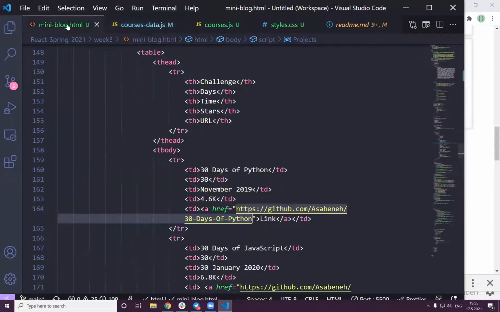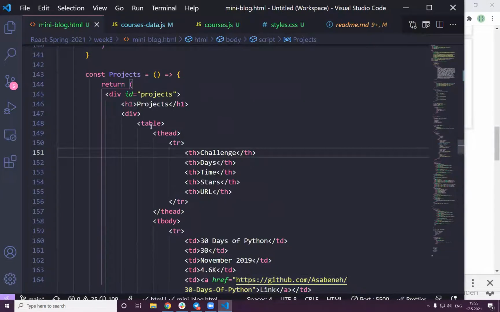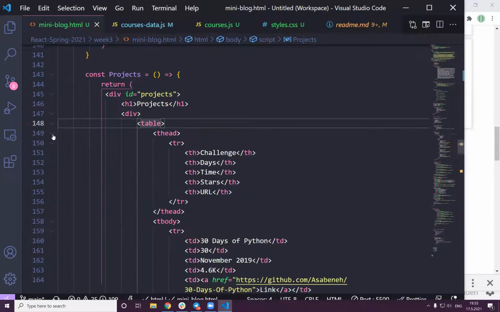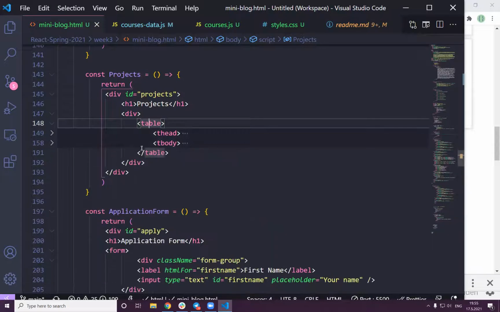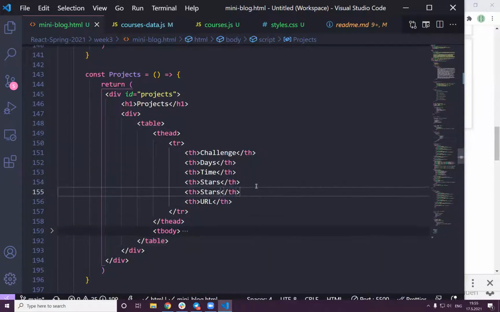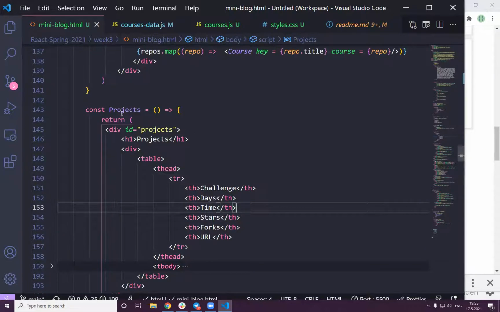What are we doing? If you see here, we have a table, right? To make a table, you need a table head, and we have a table body, right? The table head will not change that much. For instance, if we want to change stars, of course we may change to forks, the number of forks. If we want time, that means the number of days it takes to finish. Then this is going to be the projects, and now